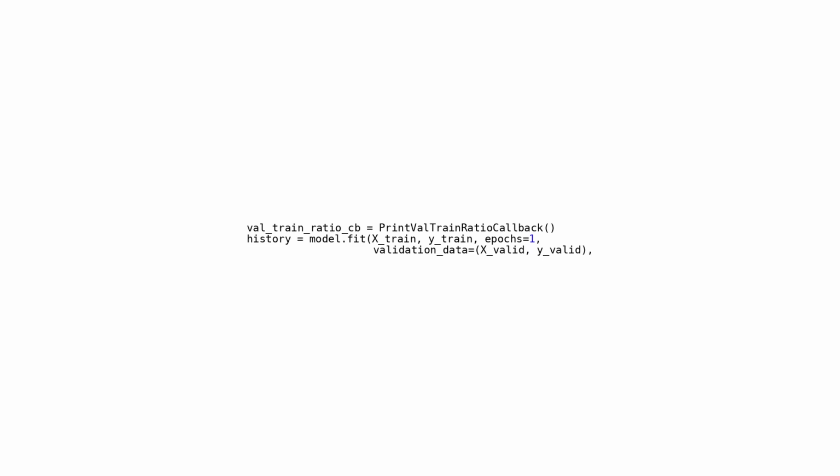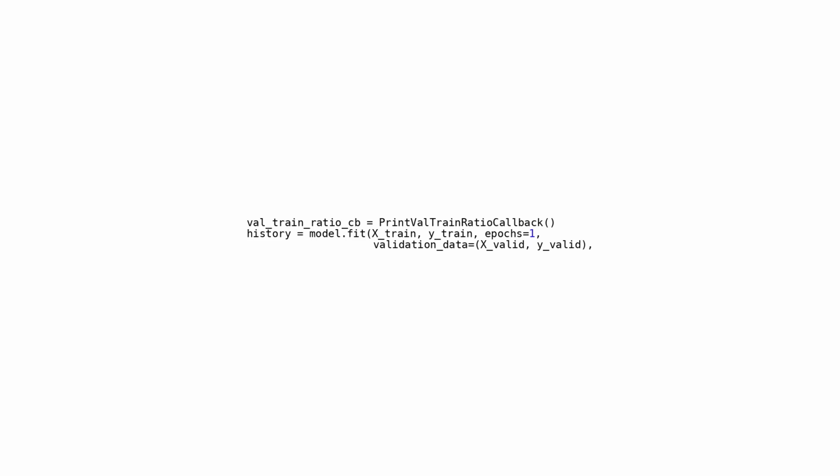This text describes how a machine learning model is trained using the fit method from the TensorFlow or Keras library. The model is trained for one epoch with training data x_train and y_train, along with validation data x_valid and y_valid. The callbacks parameter is utilized to define callback functions that run during training. The specific callback used here is print_val_train_ratio callback, which prints the ratio of validation loss to training loss at the